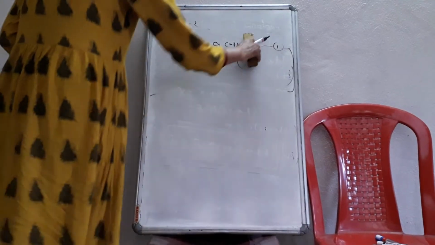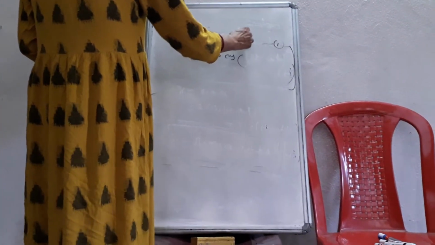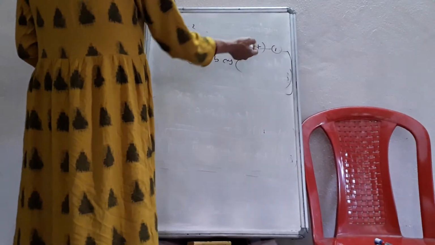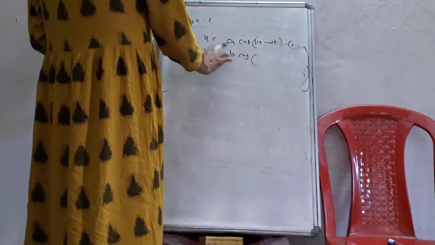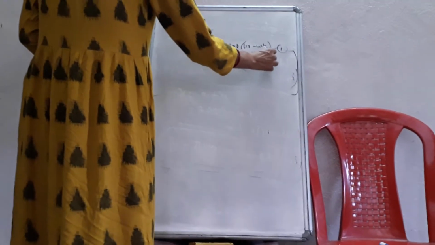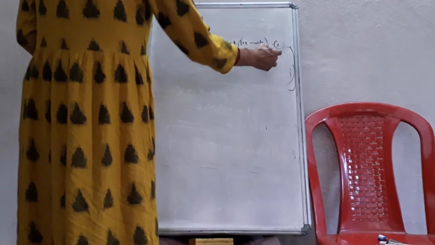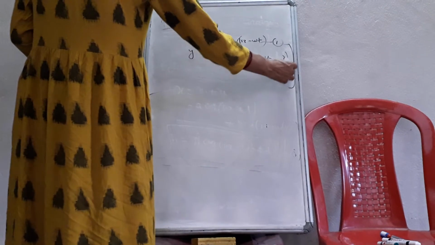Suppose the wave is moving along the z direction, so we can write it as kz minus omega t, that is frequency, wavelength and the total phase. And for the second one, this is the amplitude, and the frequency and wavelength are the same, but there may be some phase difference, plus or minus delta, suppose I'll write. So this is equation 2.